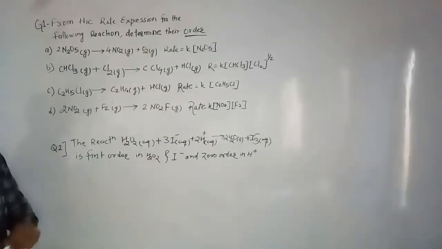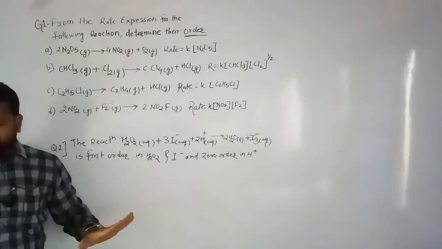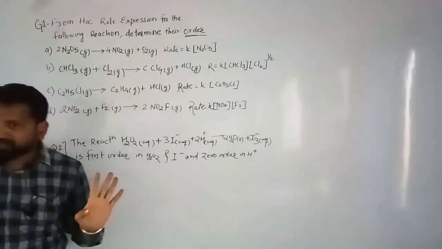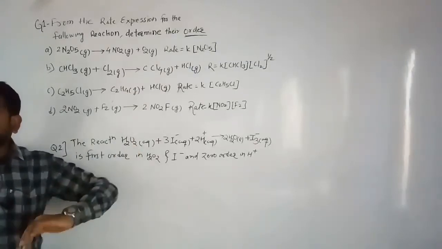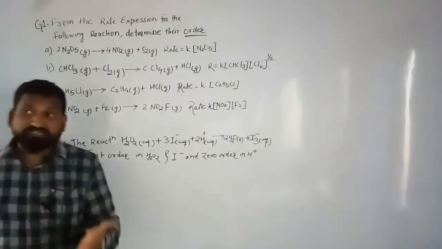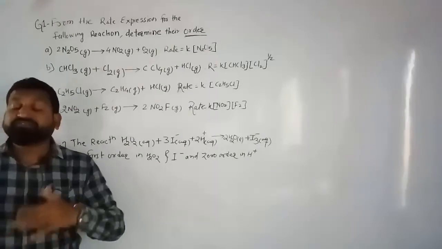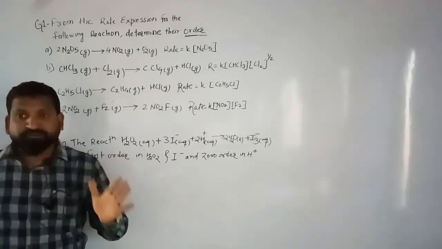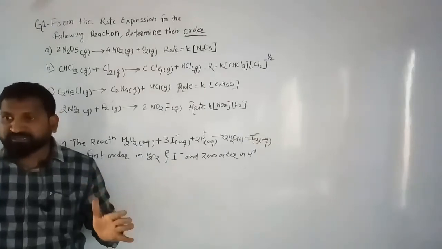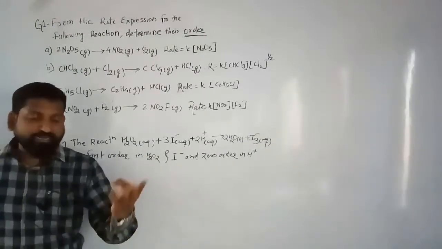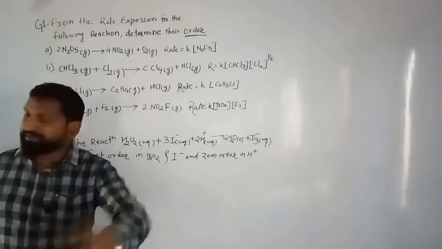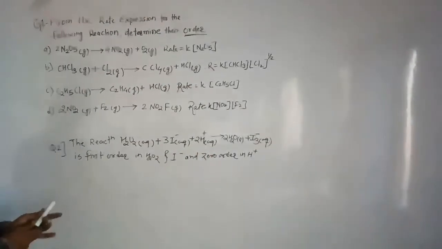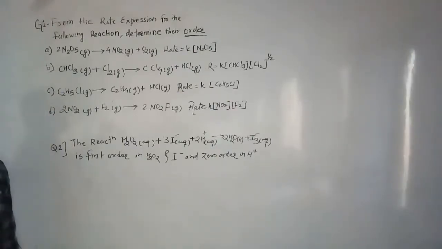Now see here, if no hint is given to you, then you are able to write the order of the reaction. Previously we have written it, but if they suggest it to us, after all, order of the reaction is nothing but an experimental value. It is not observed, it is experimental. That's why it can be a fraction, it can be 0, it can be an integer, and the proof is in front of you. Now see here, what do we have to do? We have to do nothing, only calculate.